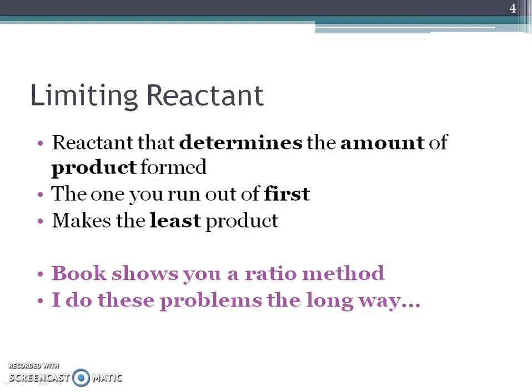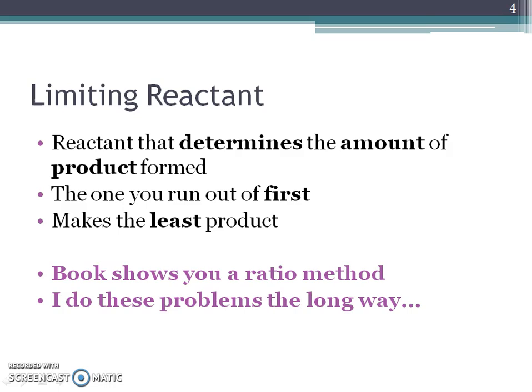So pause, fill in the blanks, and then play to hear my words. So the limiting reactant is the reactant that actually determines how much product we can actually make. It's the one that you run out of first. So it's going to make the least amount of product because, again, you're limited to how much you can make